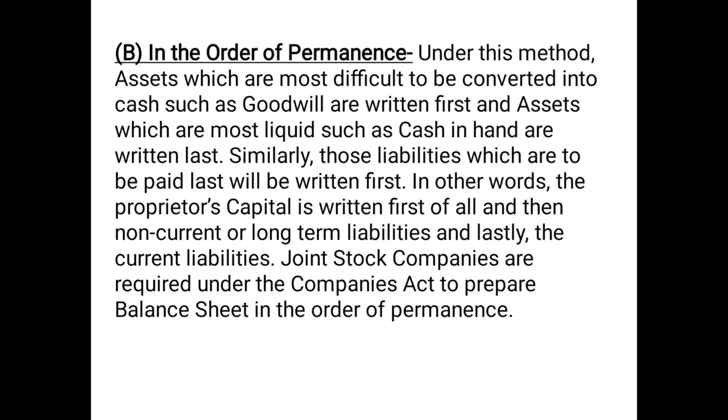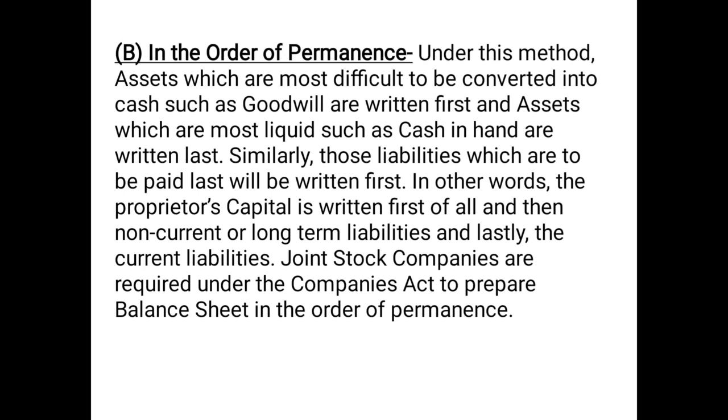Similarly, in case of liabilities also, if we are following the order of permanence, the most fixed or non-current liability, for example capital, will be shown first, then the long-term loans, followed by the current liabilities. So under this method, assets which are most difficult to be converted into cash, such as goodwill, are written first, and assets which are most liquid, such as cash in hand, are written last. Similarly, those liabilities which are to be paid last will be written first. In other words, the proprietor's capital is written first of all, and then non-current or long-term liabilities, and lastly the